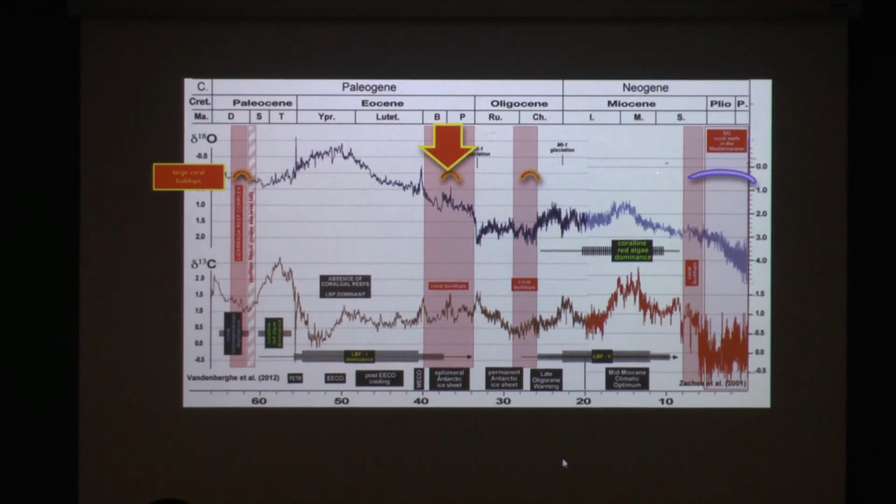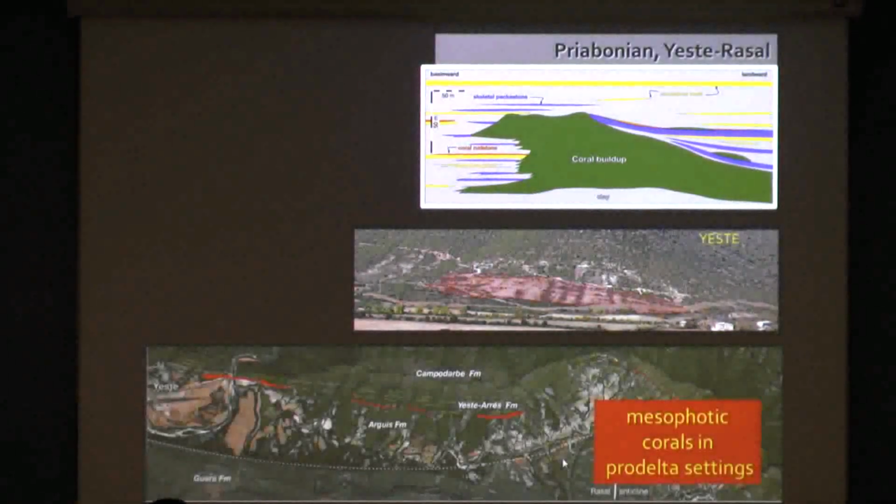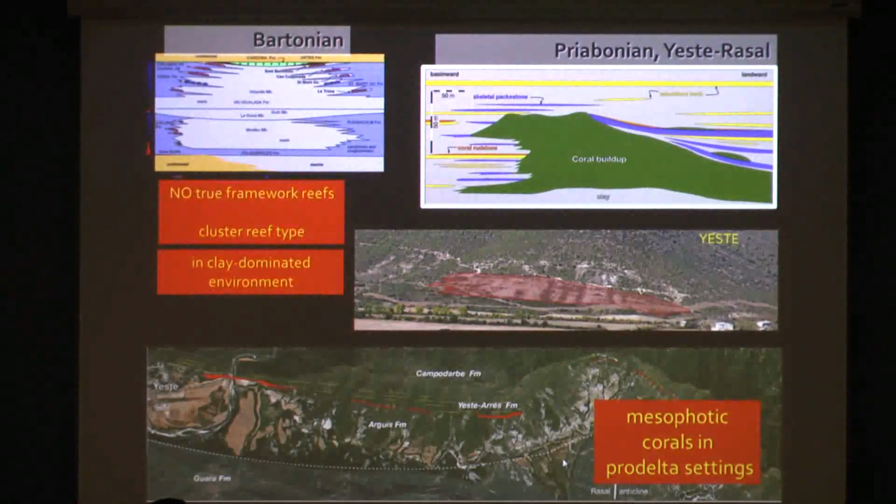Then as we go to the upper Eocene, when things were starting to cool, this was what we're seeing. The forams were peaking here with the peak temperatures, at least as indicated by the oxygen isotopes, then coming down into the cooling. We're seeing an increase in coral buildups,